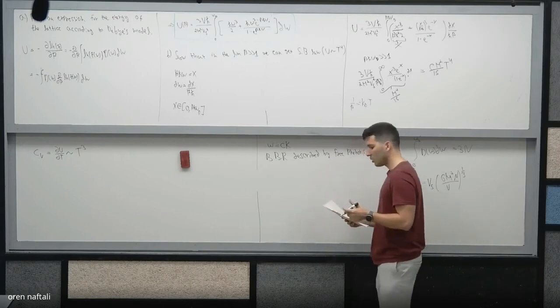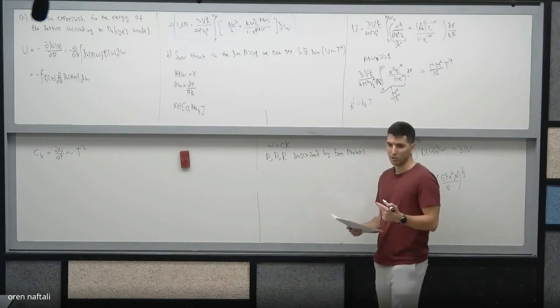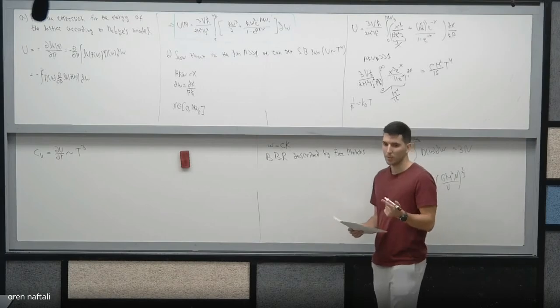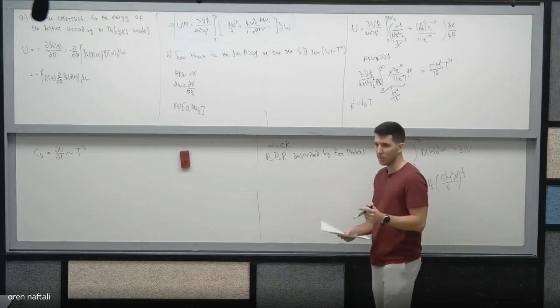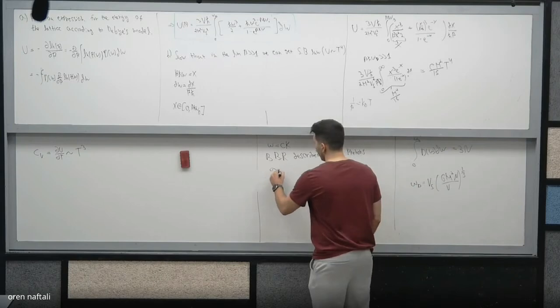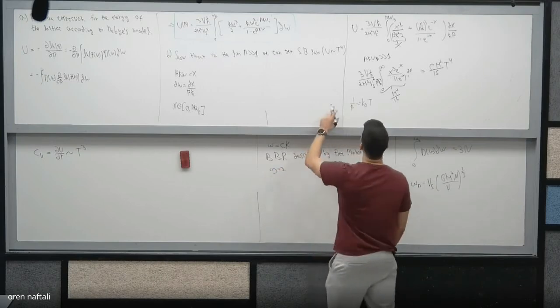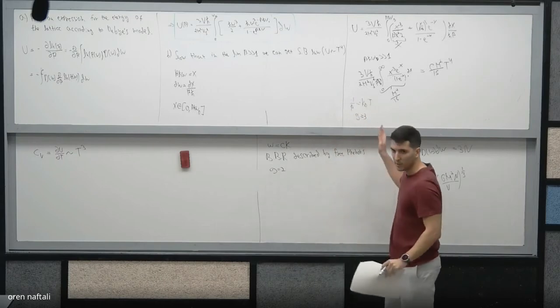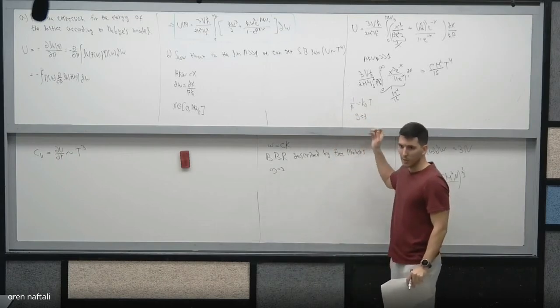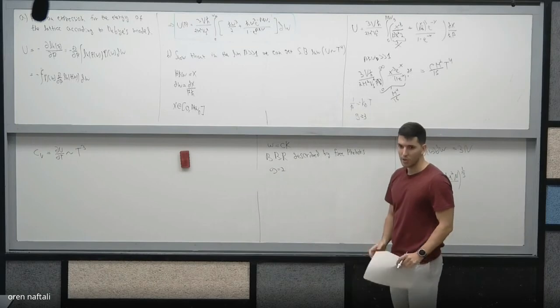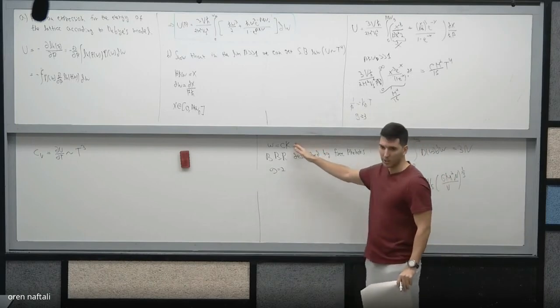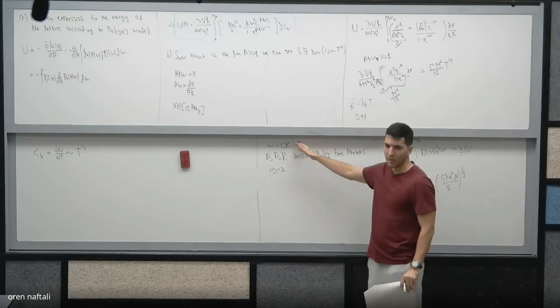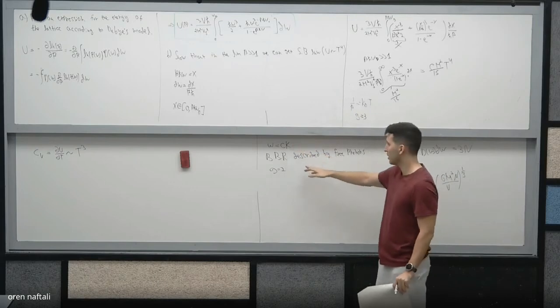And there is only 2 polarization directions. Someone tell me why? There is just g equal to 2, while in here g was equal to 3. What is the difference between the phonon and black body radiation? We have the same dispersion relation, right? Linear. But this time we just have 2